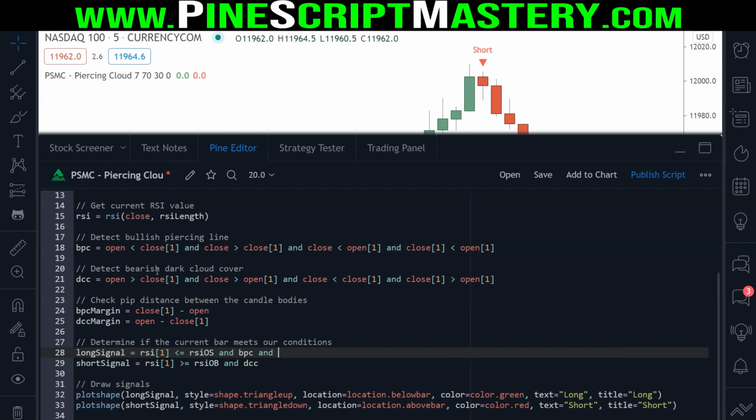You could of course combine all of these conditions into one variable, and we could just check on this BPC if the RSI is overbought and oversold and if our margin requirement is met. But I find that it's a better practice to expand your code this way. There's no penalties for it. Pine Script allows you to do this, so you might as well take advantage of it to keep your code tidy. So the final thing we need to do here is check, is our BPC margin,